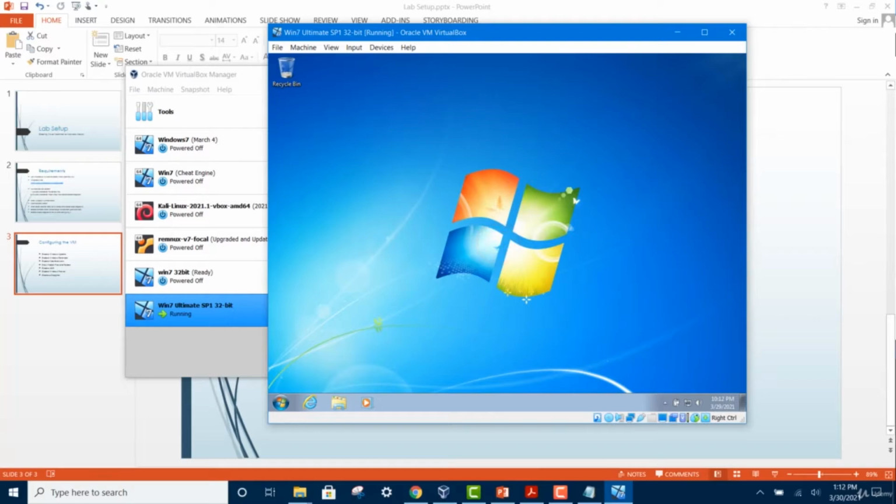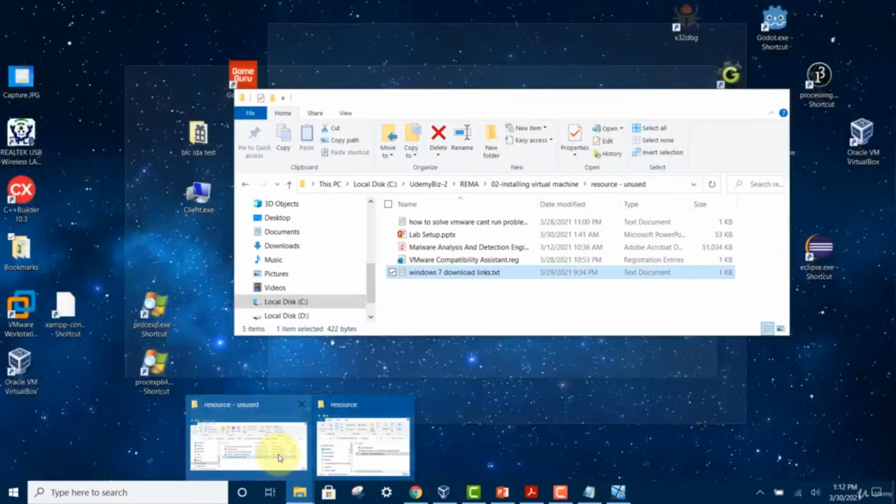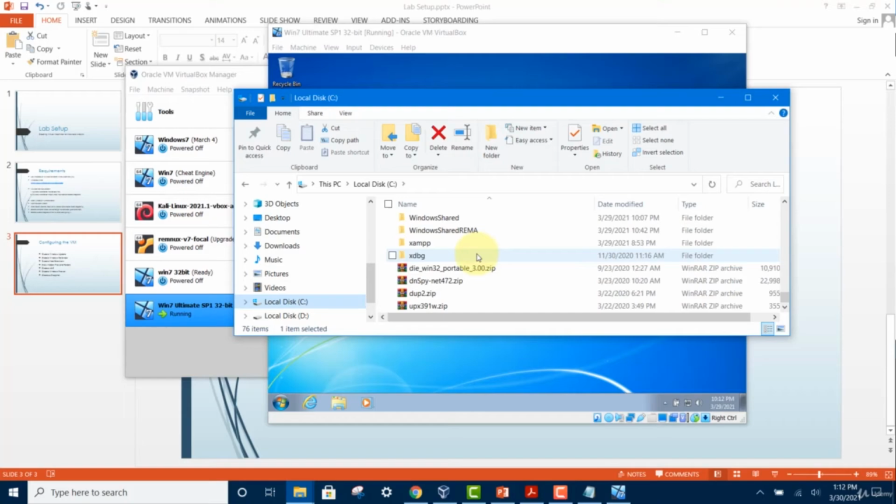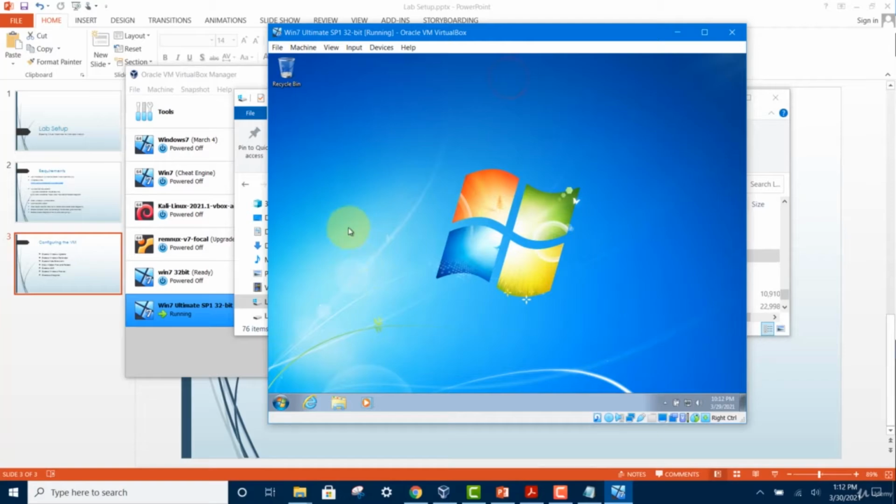Next thing you want to do is set up the shared folder. So to create a shared folder, first you go to your C drive, and then create a new folder, Windows Shared, REMA, or any other name you prefer. And then in here,